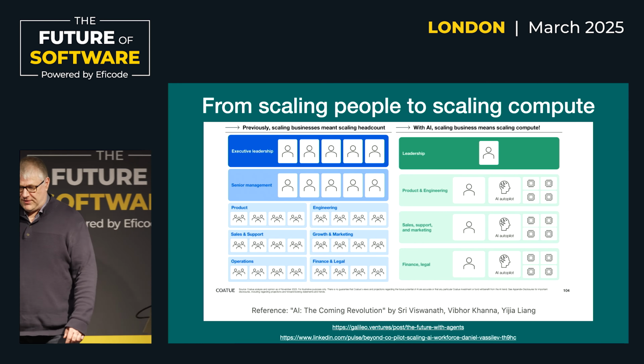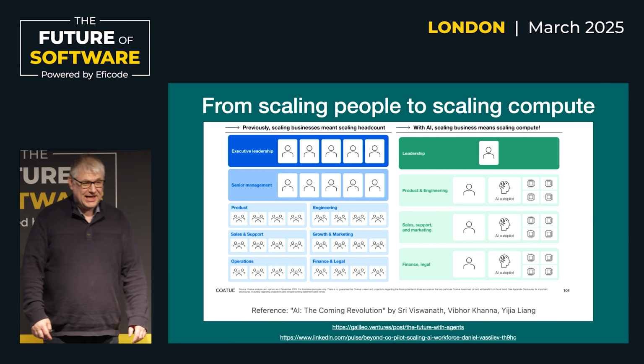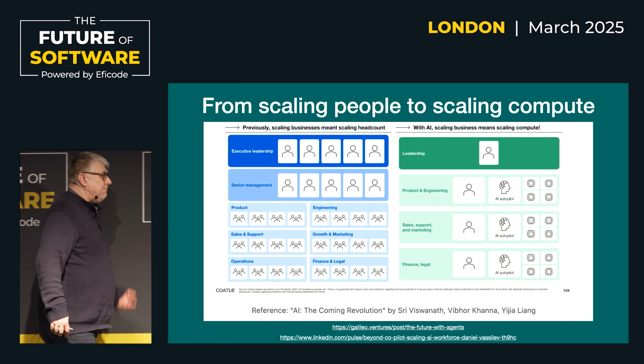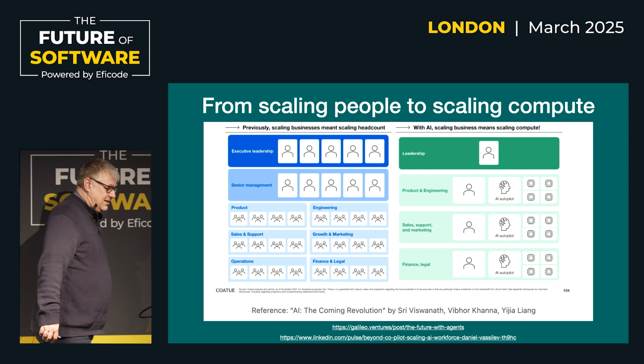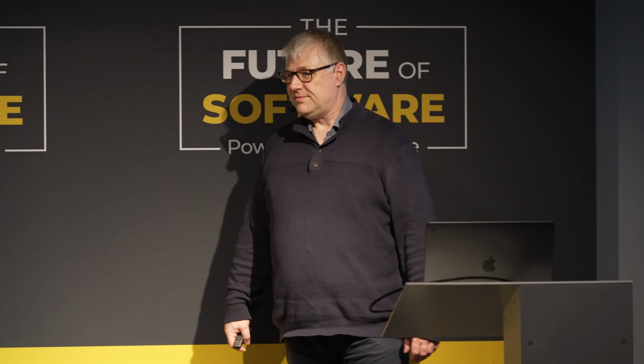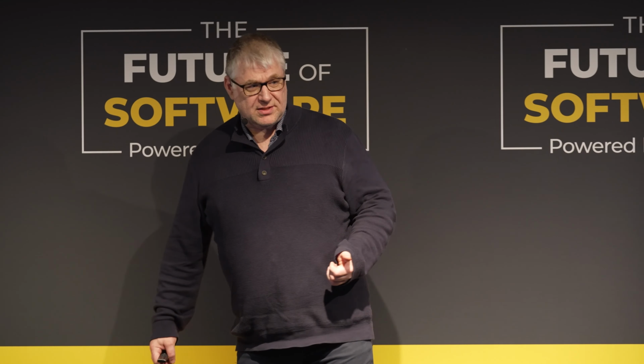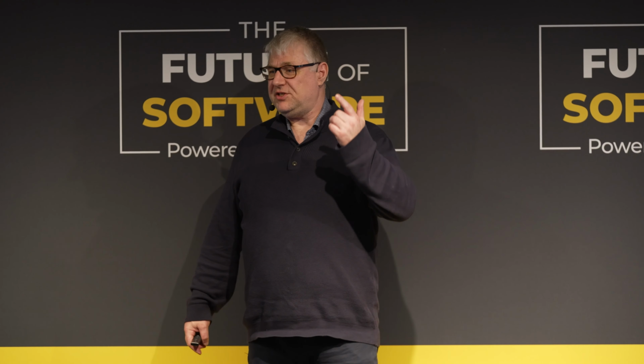Now, back to the elephant, right? Are we getting from scaling people to scaling compute? My hypothesis is we still need somebody that knows what good looks like. In what form? That's going to be the challenge. But the pull request is determining, the first part is the code being generated, is that good or bad? We have to review it.